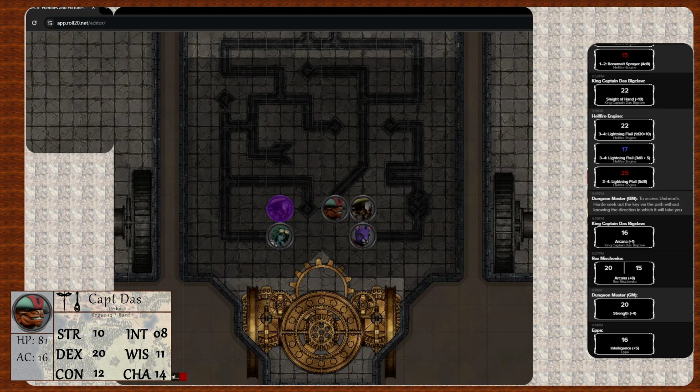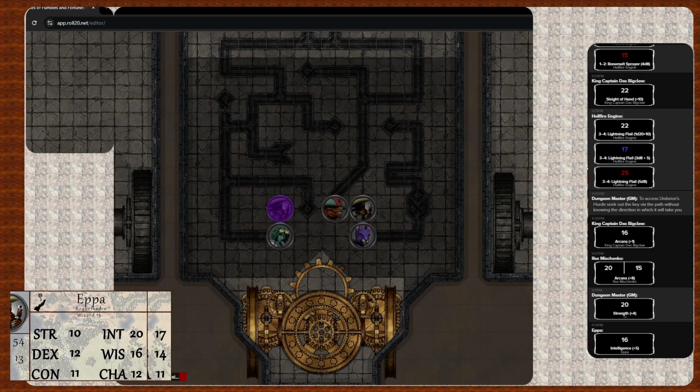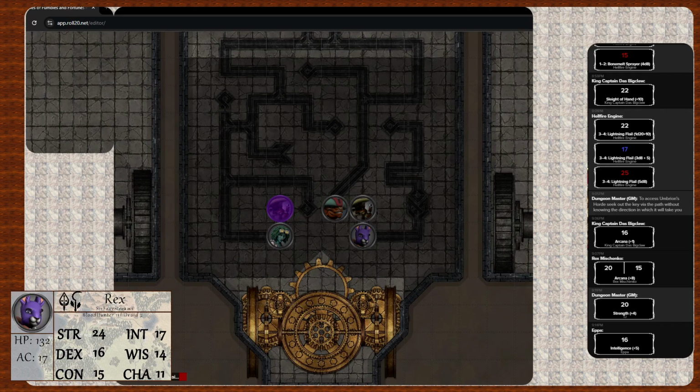Rex will just step around Eppa so we can fit in the same square. So yes, I can see the lights. Can we actually hear each other now? You two can hear each other, because you're in the same space, but you can't hear anybody else.